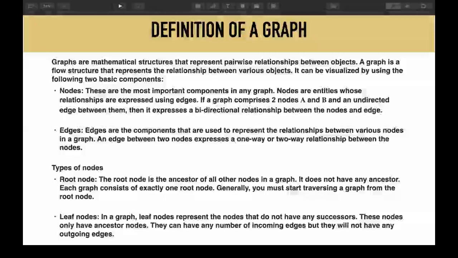So you can try to represent them in the form of a graph, and then you can try to signify the length of the edge as the distance between A and B. Like what is the distance from city A to city B. So that is one of the ways in which you can understand what an edge is.